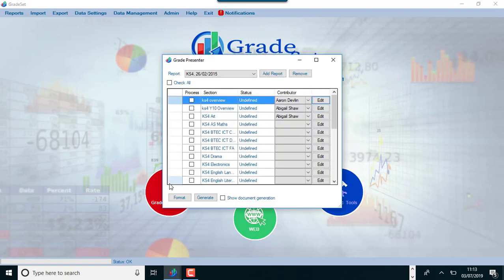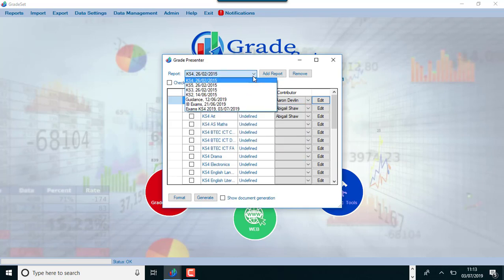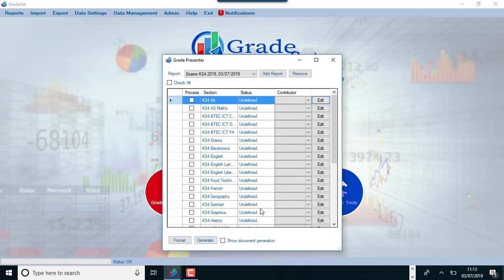Now we're going to go on to Gradeset. So we click on Gradeset, and we're going to create a category called Exams KS4 2019. Again, this has to be very strict on the naming convention for it to feed through from Gradeset. Exams KS4 2019, OK. Select that from the drop down, and this will list all your subjects that are mapped